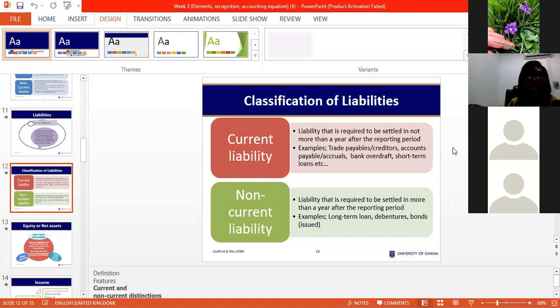Yes, accrual is the same as owings. These are just terminologies that are used. Can a liability be the same as an expense? For purposes of our work, expenses result from or an increase in expense will have an impact on your liability. So they are not the same. An increase in expenditure will have an impact, but they are not the same. You cannot equate it to be the same.